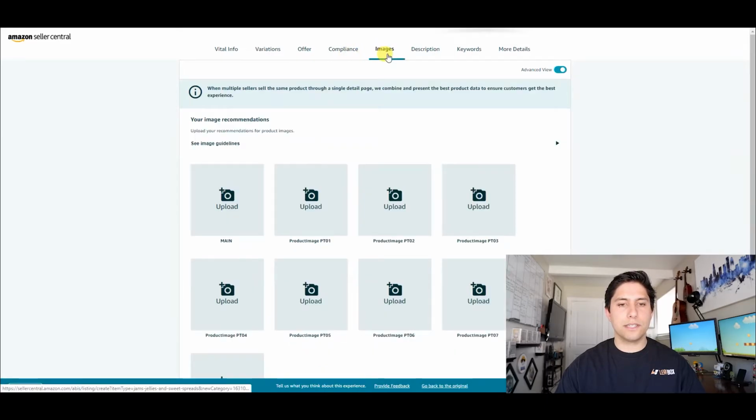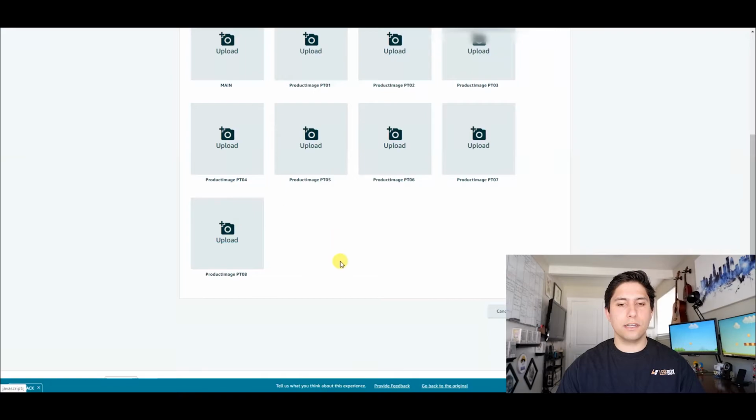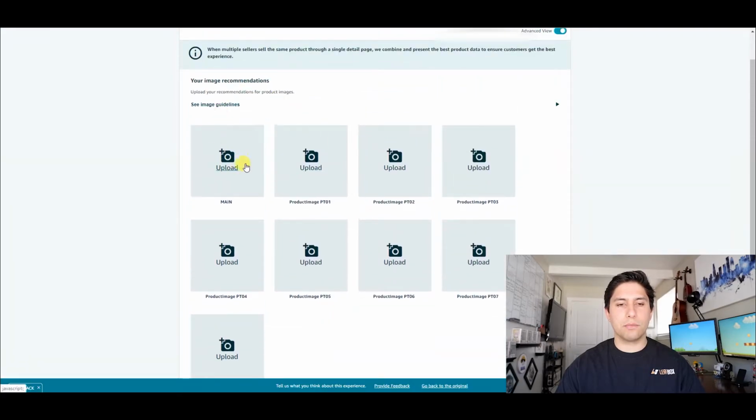So you can go to images next. You can fill out your images here. I'm going to do that at the later part, but it's pretty straightforward. The standards for Amazon's images is usually at least 1,000 pixels on both sides, and you'll want at least 7